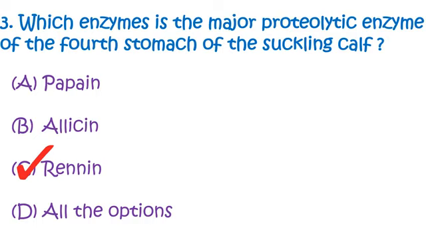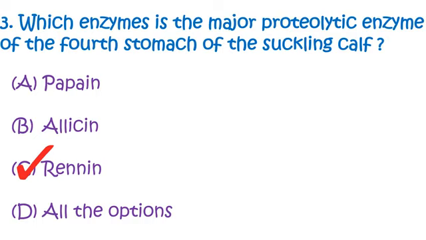So, renin is an enzyme which is present in the fourth stomach of milk-fed ruminant animals such as the goat, lamb, or the calves. So, the fourth stomach is also called as abomasum, and this specific enzyme, the renin enzyme, is present only in the milk-fed animals. So it is normally obtained from the calf. So this enzyme normally converts the protein part of the milk, which is the casein, into the simpler casein